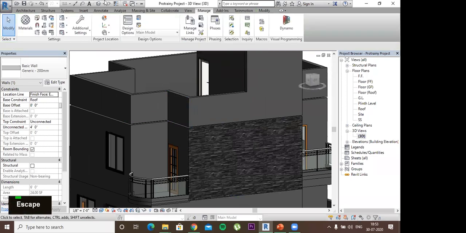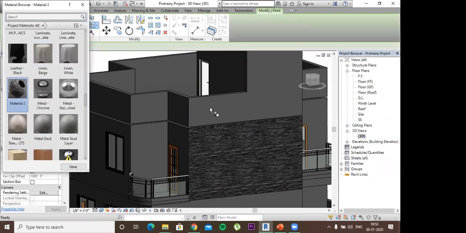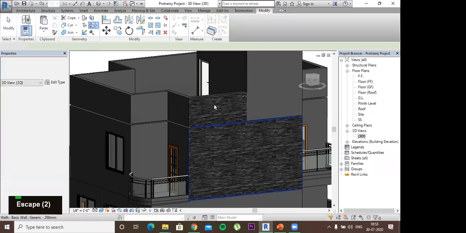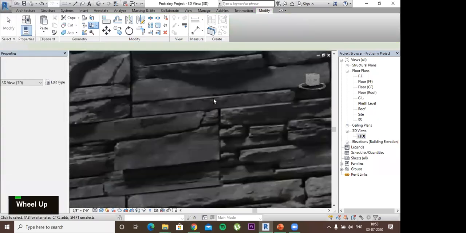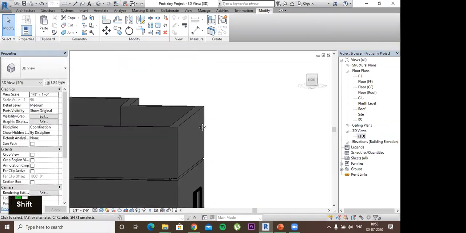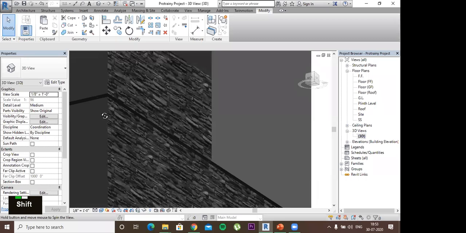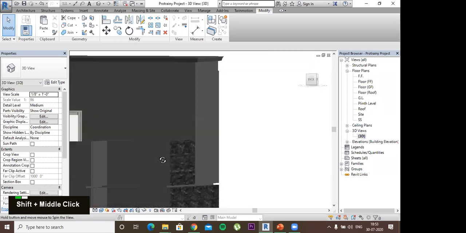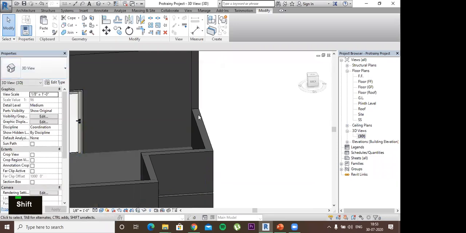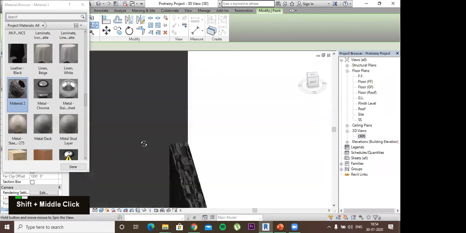Now what happens is, if I paint this wall, then only the face on which I have applied the paint will be painted. All other faces of that wall are not painted, like this one. The material hasn't been applied to this. Only the front face on which I have applied that paint will be painted. So now if I want all the four, either I have to paint all the faces again and again. Like I have to paint this face too, then again this face also. That is a bit lengthy option.